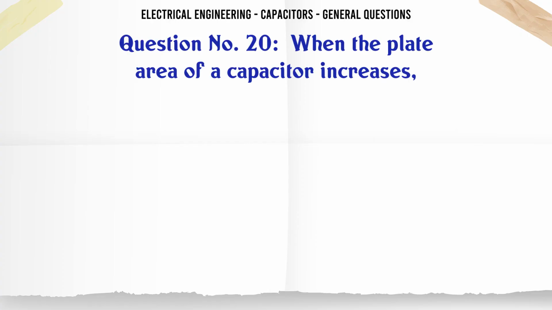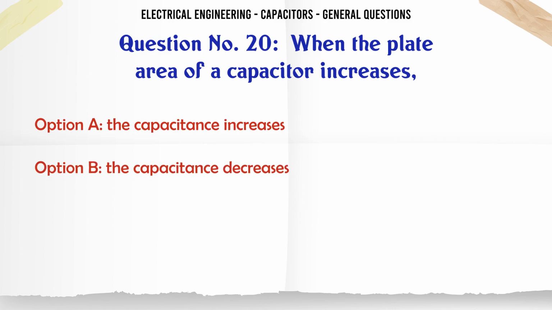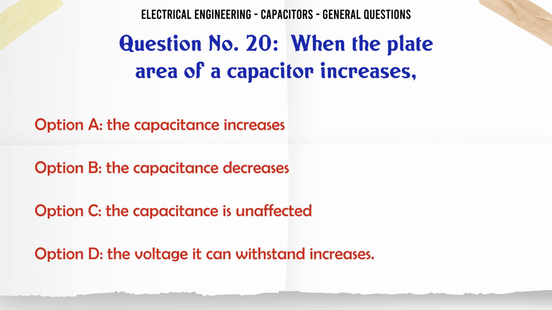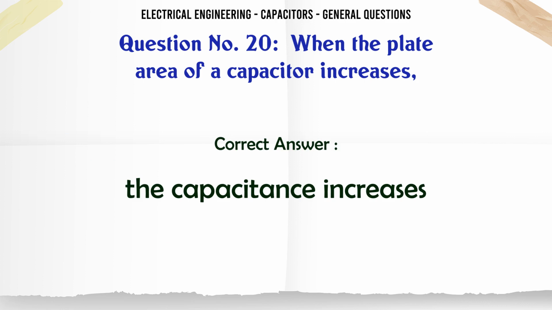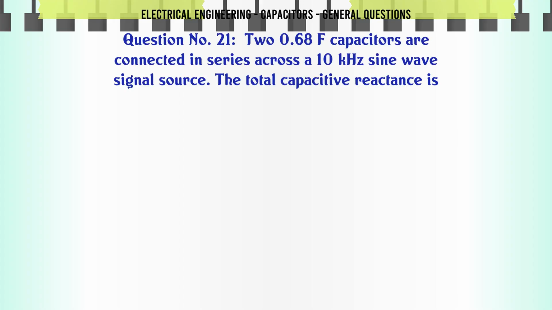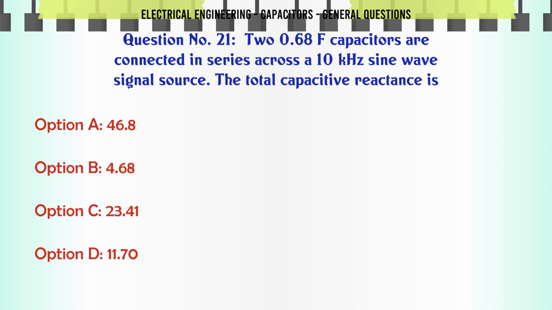When the plate area of a capacitor increases, A the capacitance increases, B the capacitance decreases, C the capacitance is unaffected, D the voltage it can withstand increases. The correct answer is the capacitance increases. Two 0.68 µF capacitors are connected in series across a 10 kHz sine wave signal source. The total capacitive reactance is A 46.8 Ω, B 4.68 Ω, C 23.41 Ω, D 11.70 Ω. The correct answer is